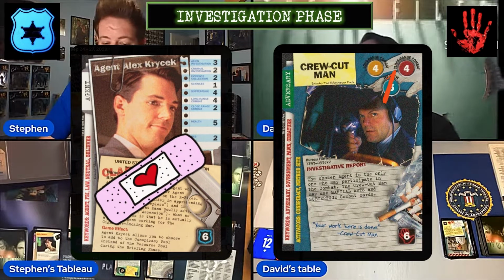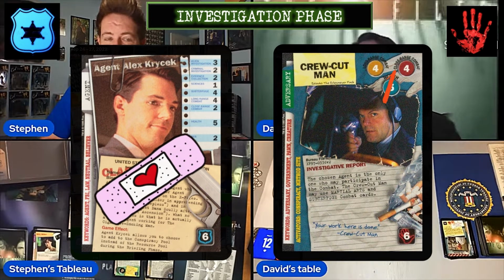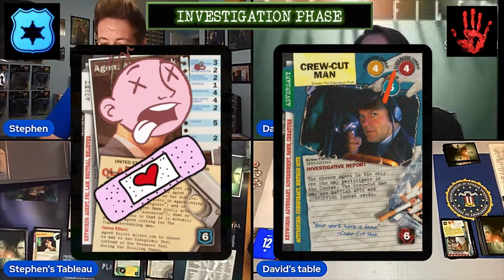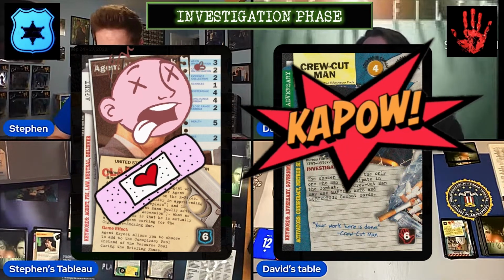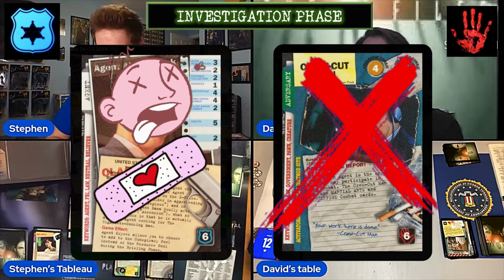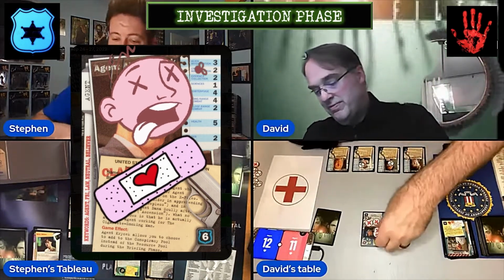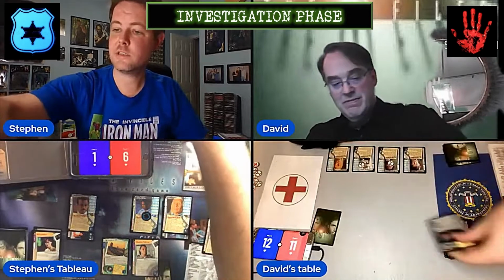As we enter close range combat, X-Files has 2, and the crew cut man has what? 4. Which is certainly enough to defeat X-Files. But at the same time, X-Files will be divvying out 2, which will in turn defeat the crew cut man, but not without sending X-Files to the hospital. Alright, so I'll be sending X-Files to the hospital, and David has successfully